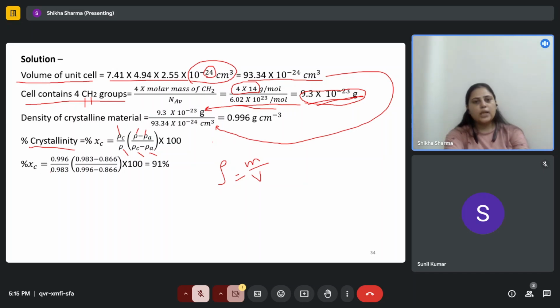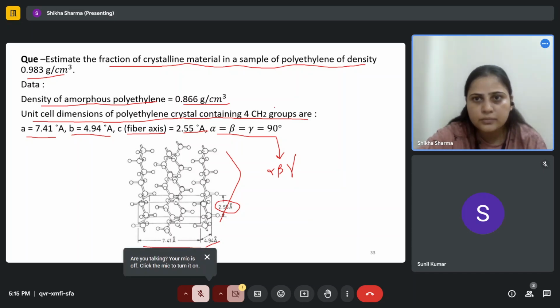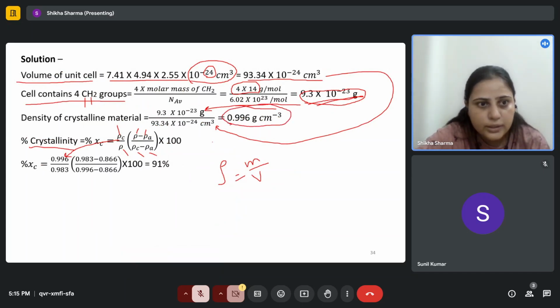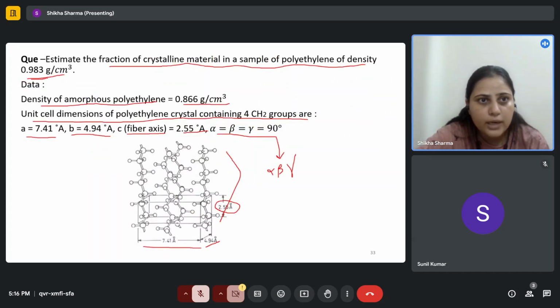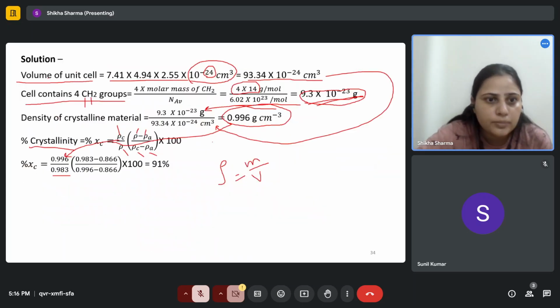So percentage crystallinity is equal to rho C, which is given in the question as 0.996. This is the density of the crystalline part we have calculated, right? So we put 0.996 divided by 0.983, which is the density given in the question for the polyethylene, and then multiply by rho, which is given as 0.983 minus